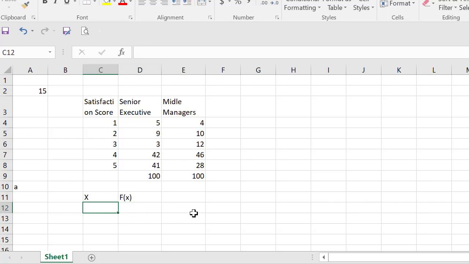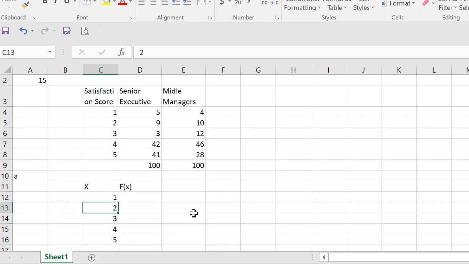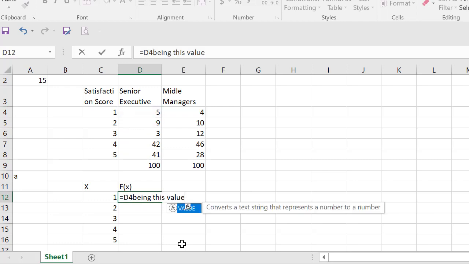And again, that's our satisfaction score. So for senior executives here, we would just take this total and divide it into this score here. So again, that would be this value divided by